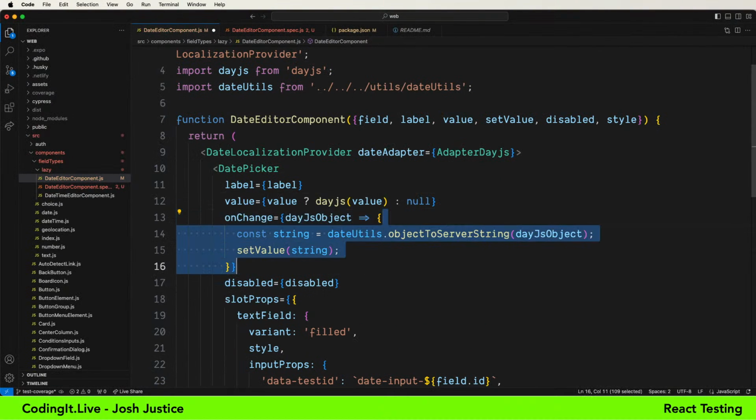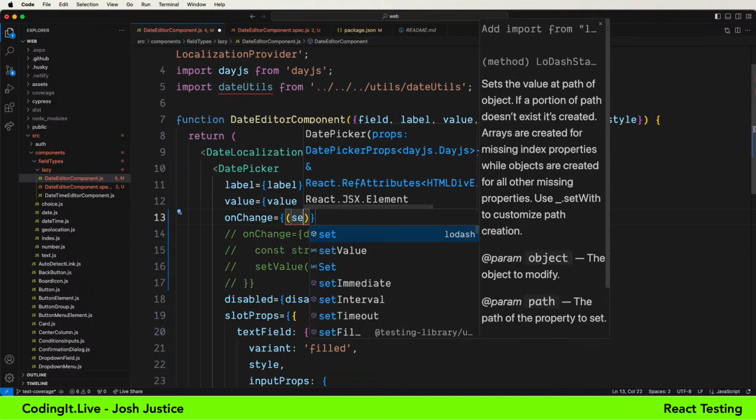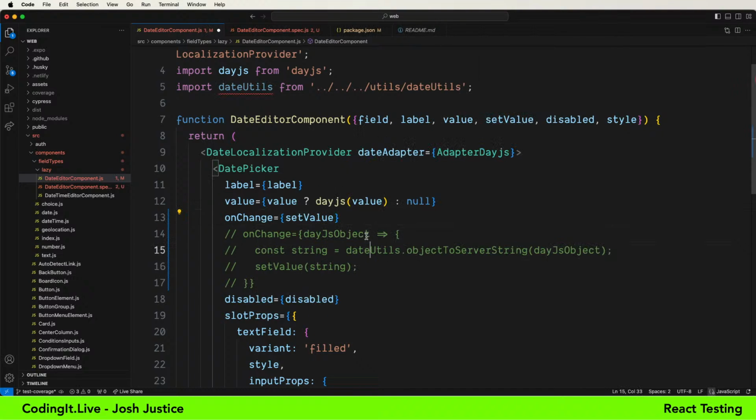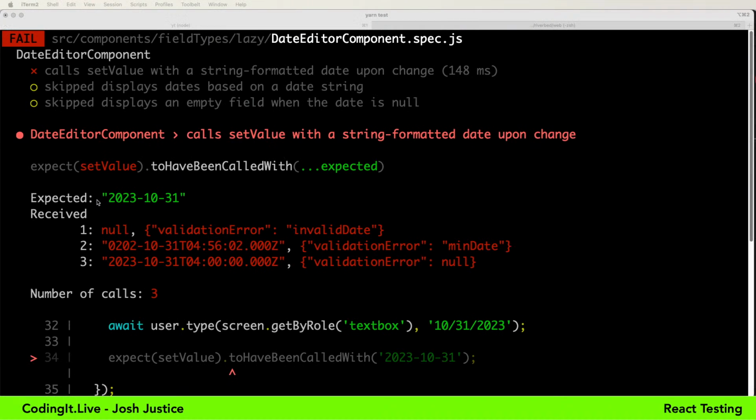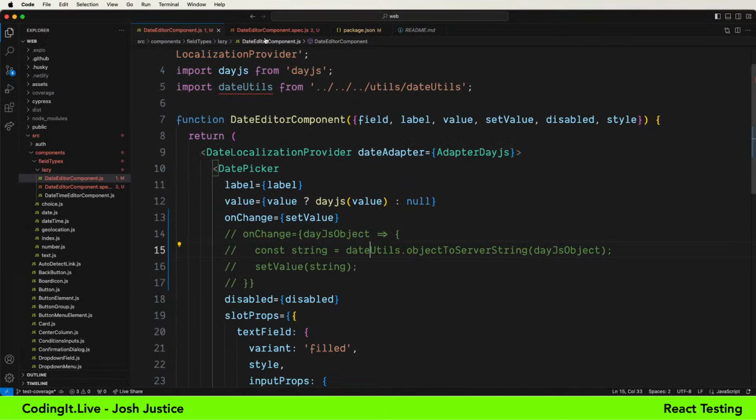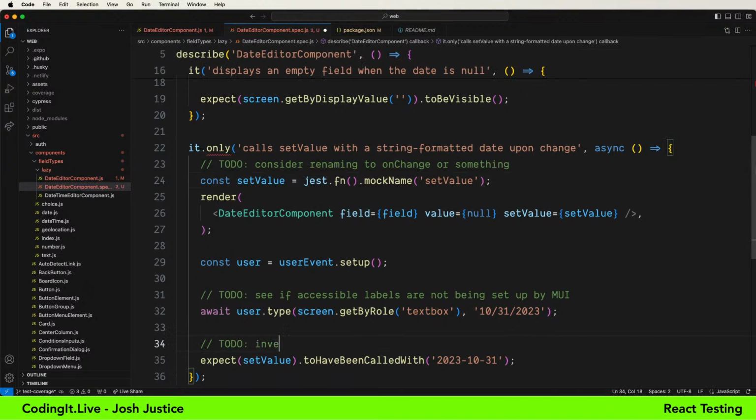Let's now try a trivial version of it where we say onChange set value. I expect this will fail because it's passing a day.js object along instead of a string translated version. Yep, so expected to be called with 2023, 10, 31, but actually, oh, there's a number of different arguments there. Yeah, it looks like there are multiple calls as we go through, as we're gradually typing it. That could be an interesting to-do to think about as well. So let me write that. To-do: investigate multiple calls to set value,